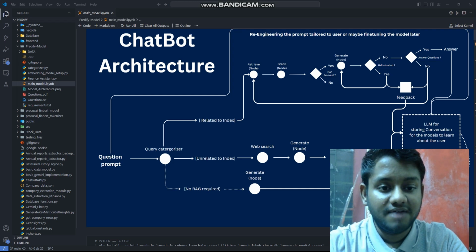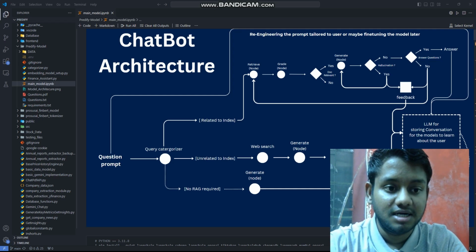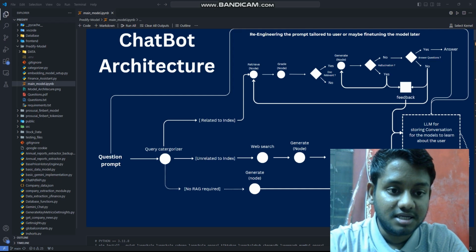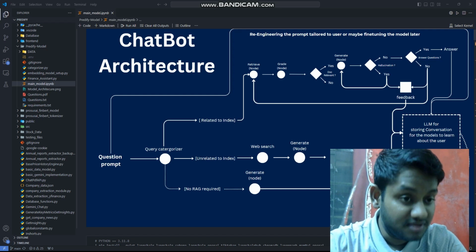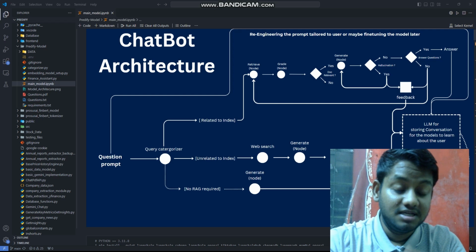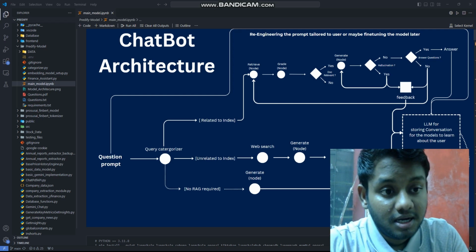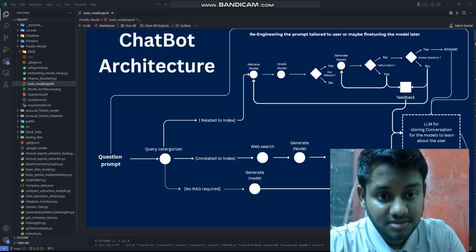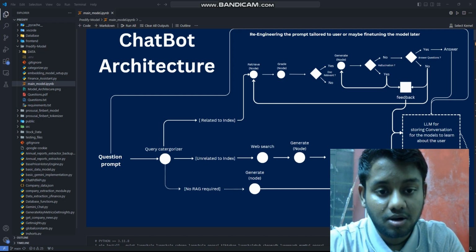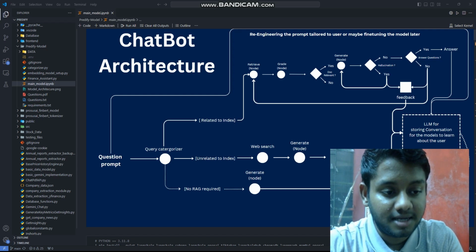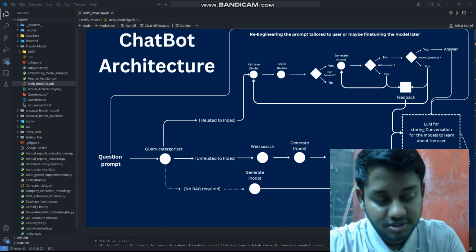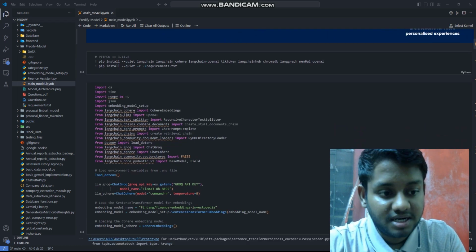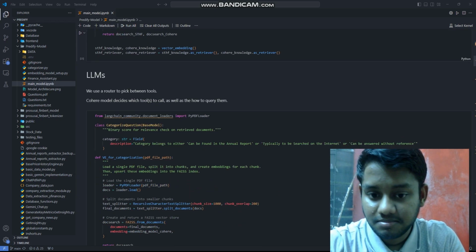As you can see, we have implemented our advanced RAG feature, that is, it checks for the retrieved documents and grades them. Along with that, it checks for hallucination. Along with that, it checks the answers, whether the question has been answered correctly or not at every node. And along with that, we track all the interactions into a database, which can be further utilized for more personalization of the user. So yeah, all the code is available in this notebook.